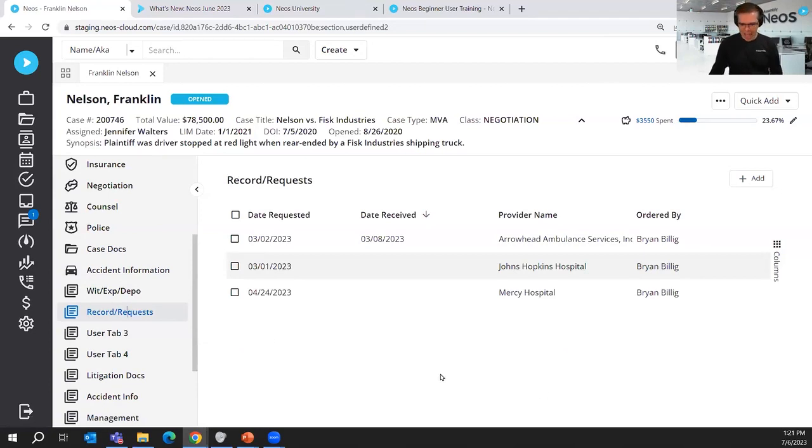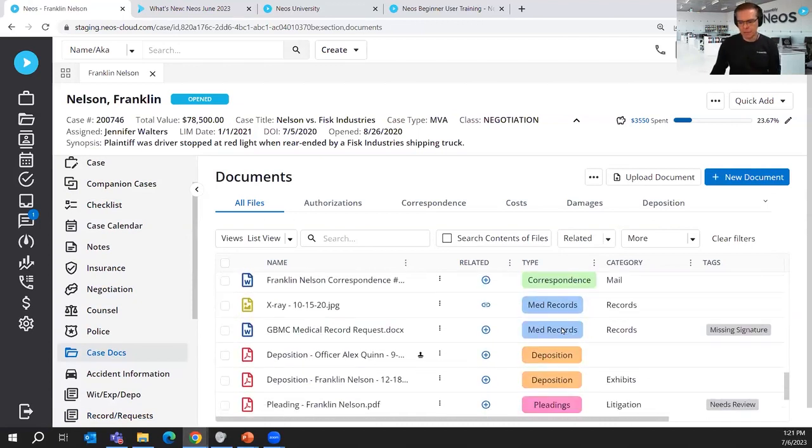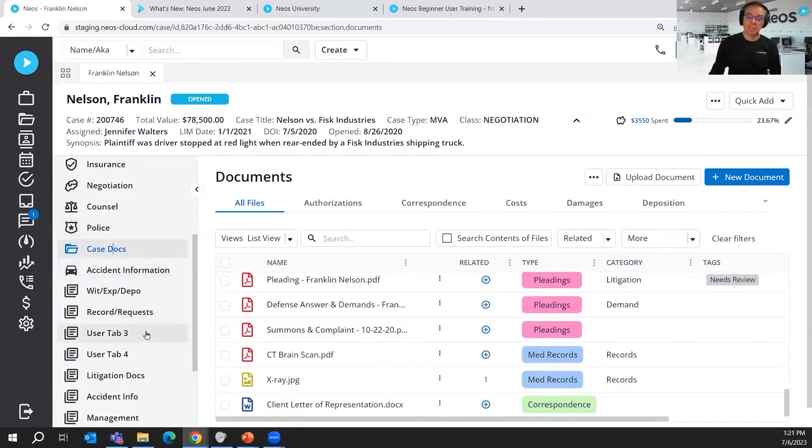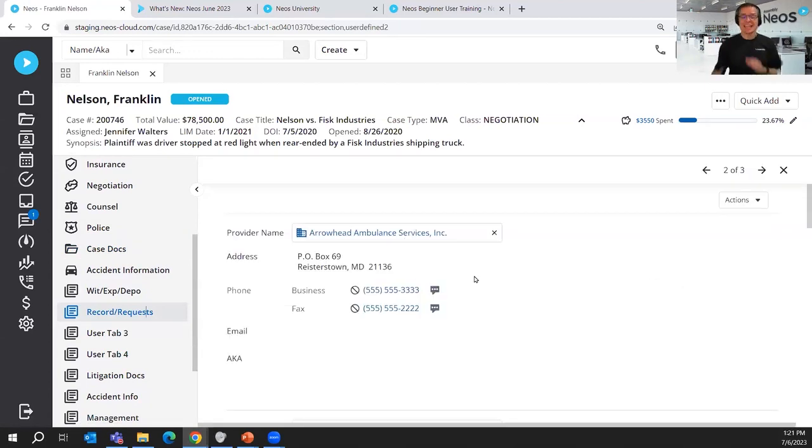So the functionality that we've added is you've got all of these different tabs, and they all are required for storing different types of information. But a lot of times there are files associated with the information stored here. And you don't want to have some data here on the records request tab or the witness expert depot tab, and then the actual files, you've got to go over to case docs and look through everything to find what you're looking for. So what we've done is added the ability to store files inside the entries of any of